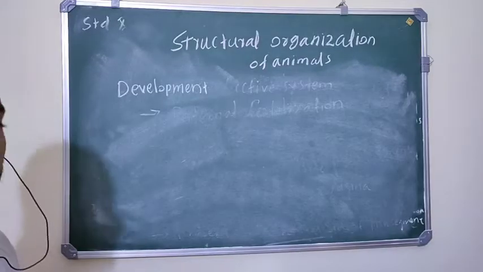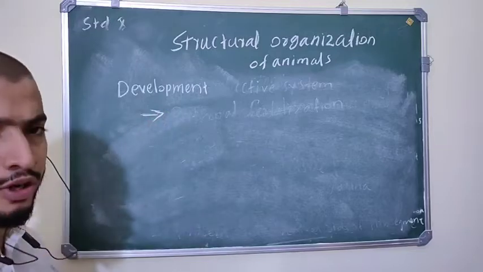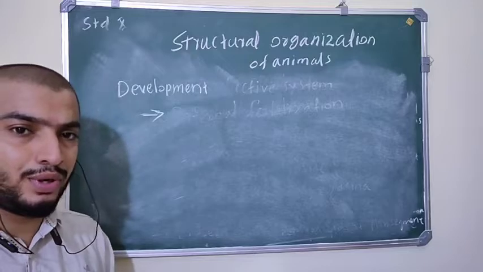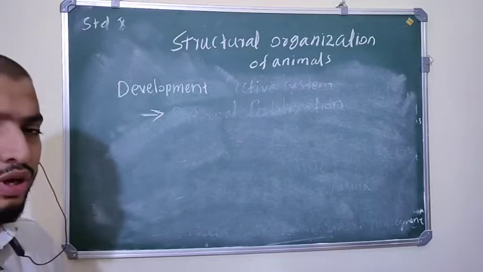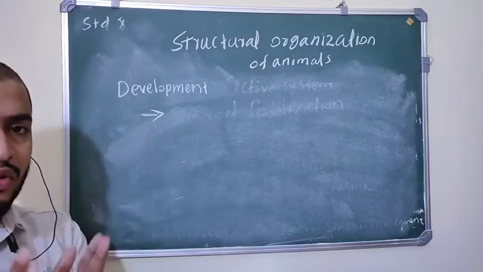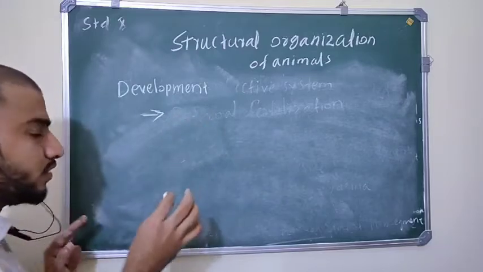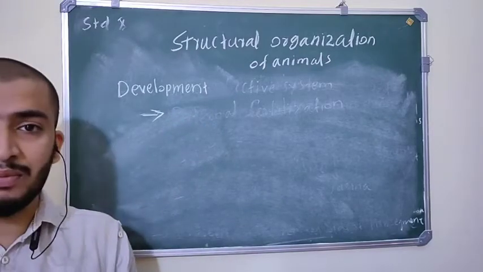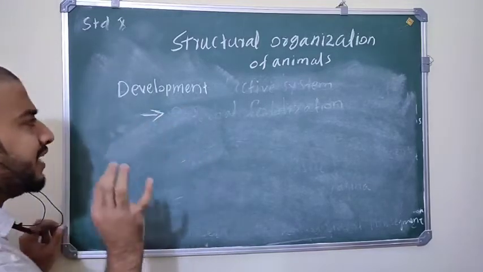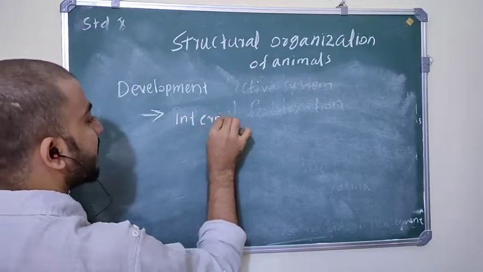Okay, we are going to deal with development in leech. So we already discussed male reproductive system and female reproductive system. Male reproductive system produces male gamete, and female reproductive system produces female gamete, and both male and female gametes fuse, so fertilization takes place. The fusion of male gamete and female gamete is called fertilization. They form zygote. So what kind of fertilization is present in leech? In leech, they show internal fertilization.